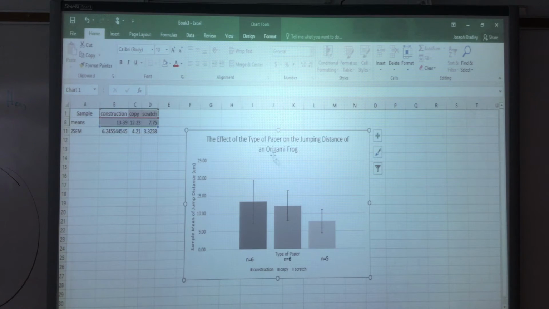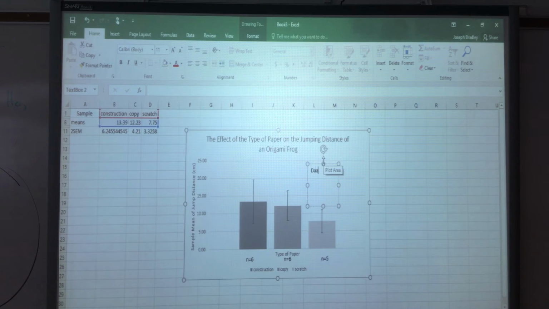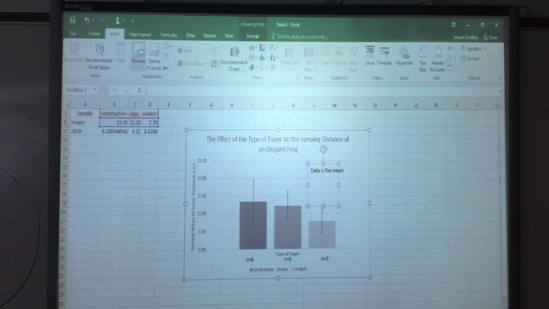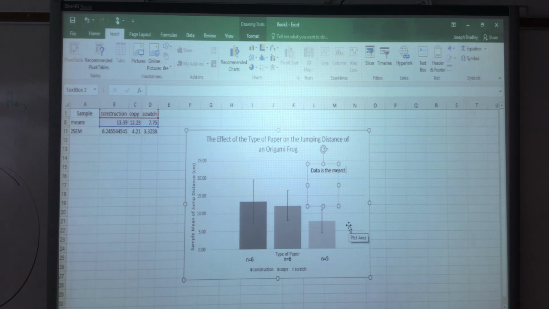Okay, and then the other thing I need to include is another text box. So up here, text box. Data is mean. And with this, you can actually insert the symbol and find the symbol up here for the mean. And there's also this symbol here for plus or minus. So I can insert that. You have to do a little bit of searching for that, but I'm going to close it out. So mean plus or minus 2 times